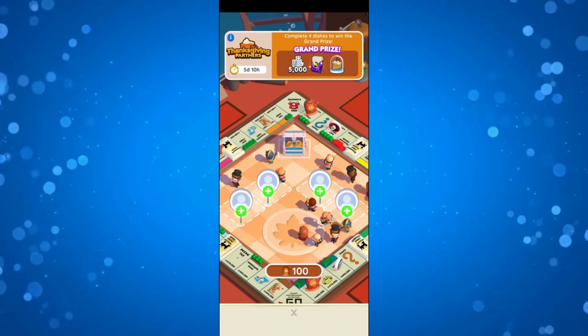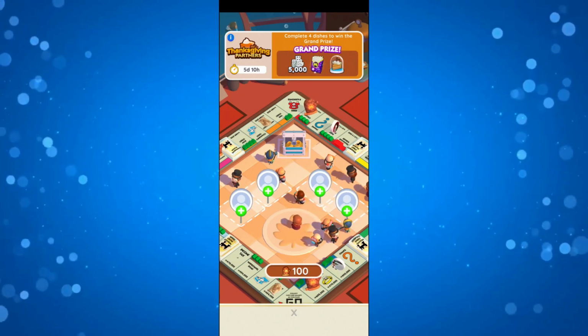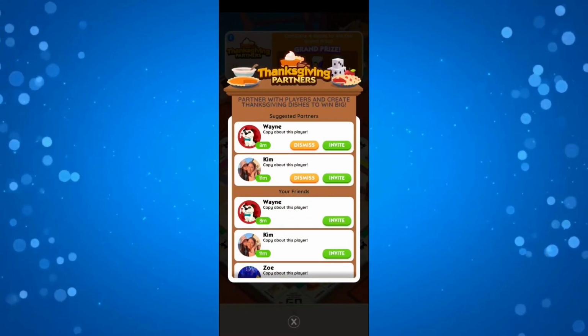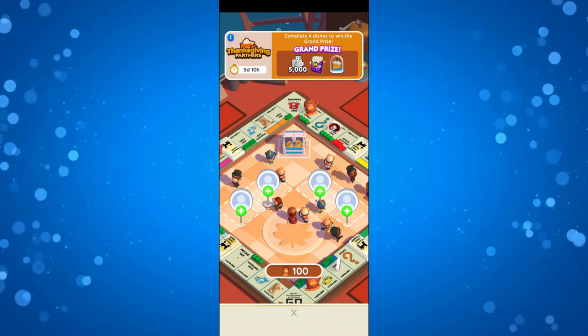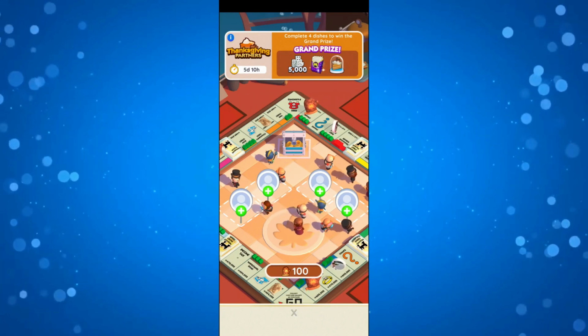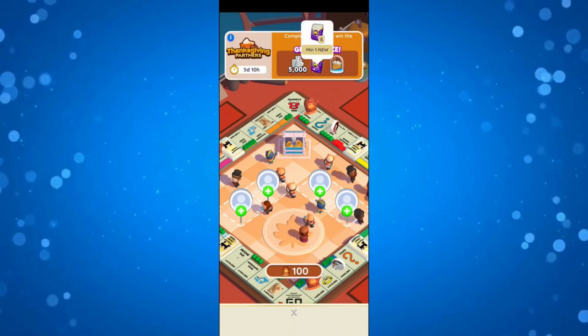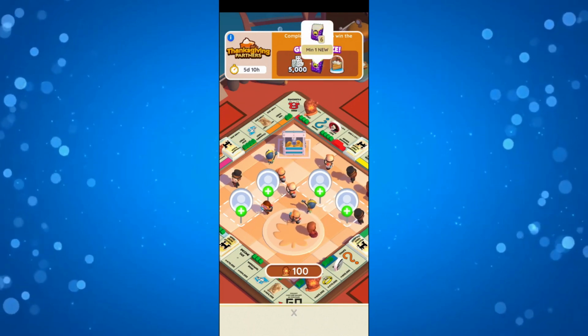So what you need to do first is go ahead and add your friends. You can do that by pressing the plus button and inviting your friends to the event. Once you've done that, the top prize for completing the 4 dishes would be 5,000 dice. You also get a sticker pack with a minimum of 1 new sticker, and you get the brand new pumpkin